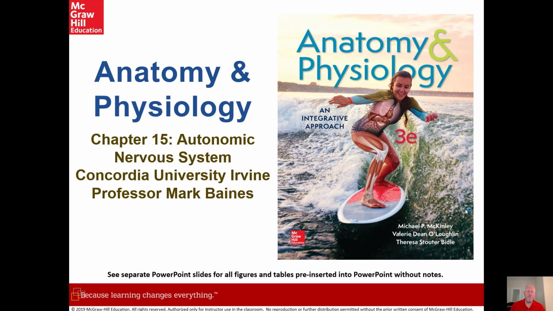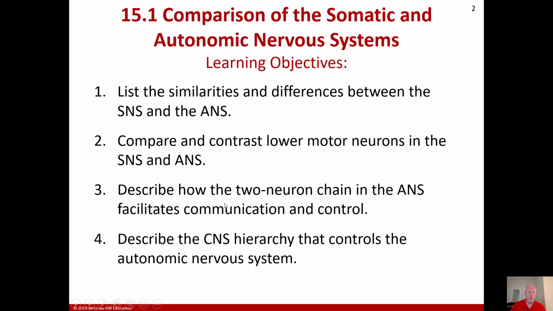All right, we're now talking about our final two sections for anatomy and physiology first semester, finishing up with the nervous system. And the first chapter, which we're covering of the two, is chapter 15 on the autonomic nervous system. And the objectives which we should be able to have resolved by the time we finish this section: